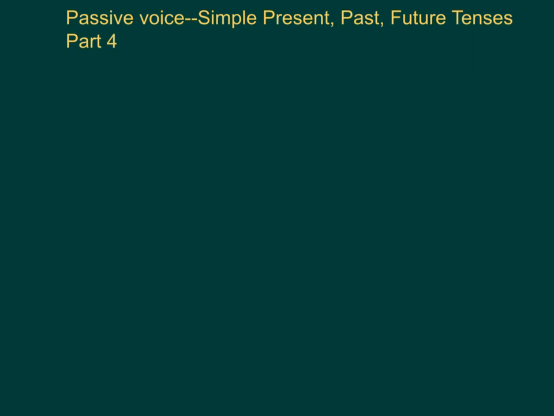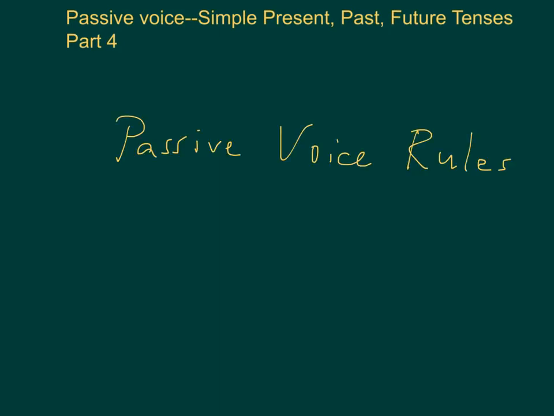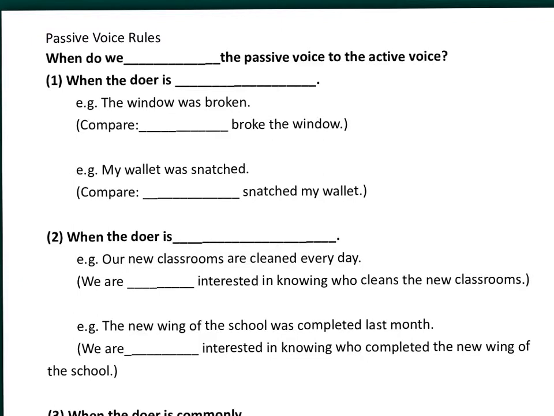Passive voice, simple present, past, future tenses, part 4。今課我哋繼續教 passive voice 嘅一些規則啦。譬如先問大家啦，When do we prefer the passive voice to the active voice？幾時會中意用 passive voice 多過用 active voice 㗎？不如又睇下以下嘅5個情況啦。Now, when do we prefer the passive voice to the active voice？第一個情況就係咁樣㗎。When the doer is unknown，我哋根本唔清楚究竟邊個去做呢一個動作㗎。For example, the window was broken。